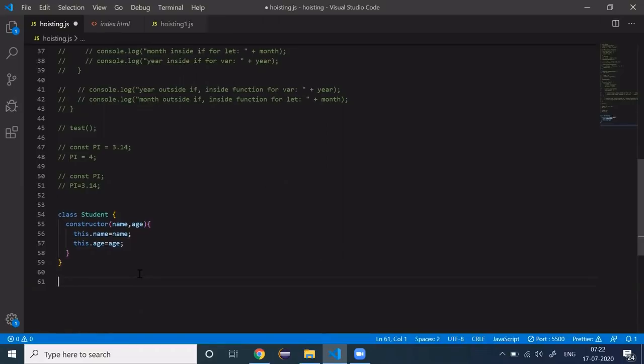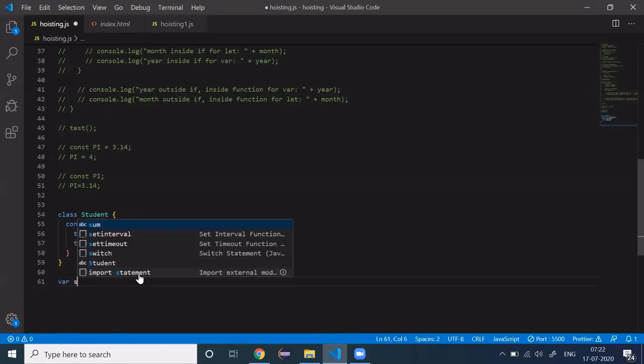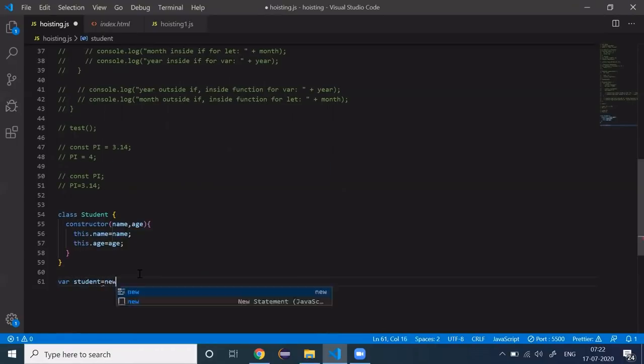Then let's create an object for this class. I will say student equals new Student with name and age, and then let's run this. This is how we declare a class in JavaScript, and this is how we create the object of that class.